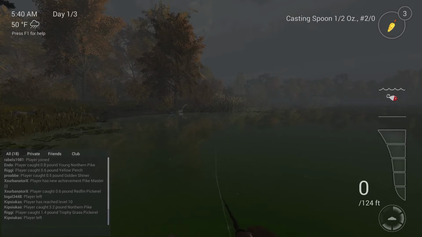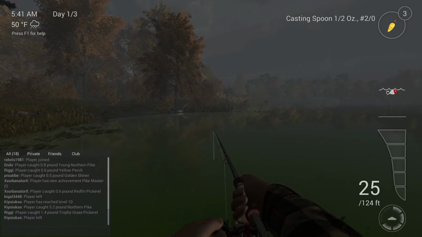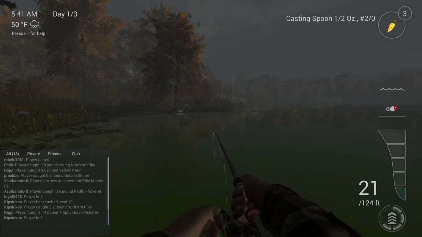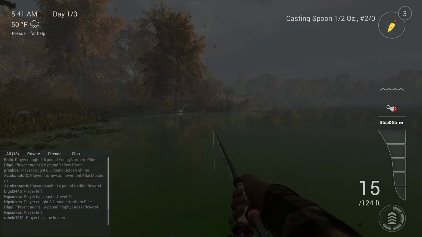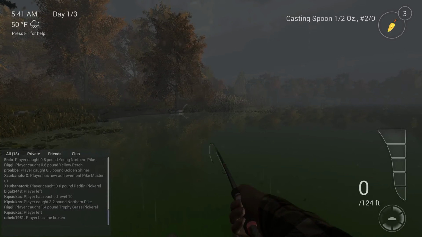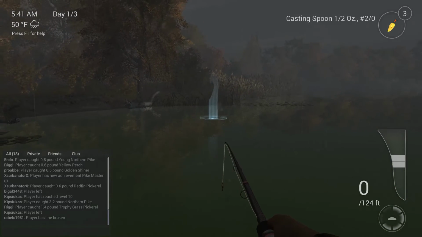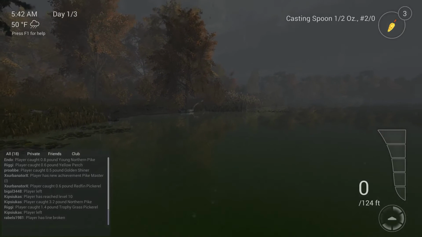Another cool tip, I'll show you guys in my next cast, is that you can actually right click, and then when it highlights that area, what you can do is double left click, and then it sends it exactly to that spot, which is really, really nice. That helps a lot if you have a tendency to overcast or undercast. So watch. You're gonna right click on your mouse, and then double left click,